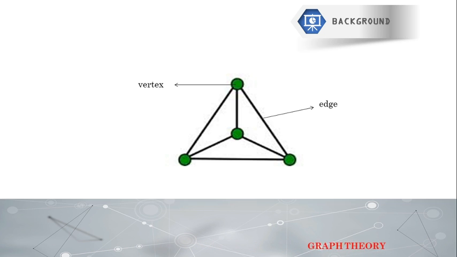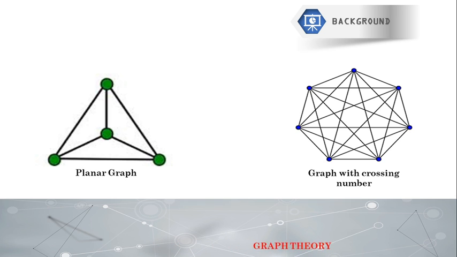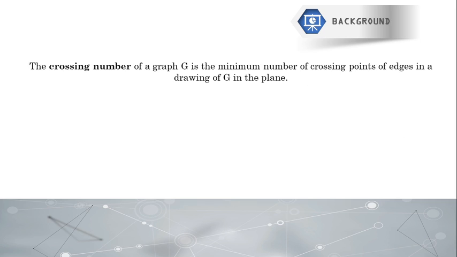The most common way to represent a graph is diagram. An obvious fact about this diagram, the edges may occasionally meet at the point that are not the nodes of the graph. For planar graph, there is always a representation that avoids such crossing at all. But not all graphs are planar, and for the latter kind, an important characteristic is their crossing number. The crossing number of graph G is the minimum number of crossing points of edges in the drawing of G